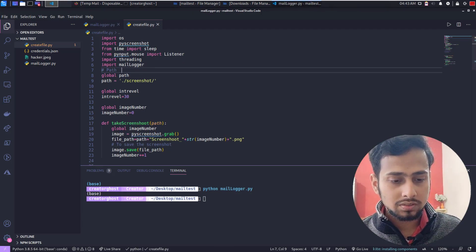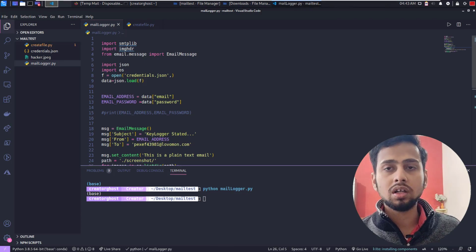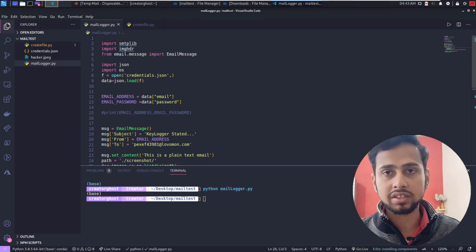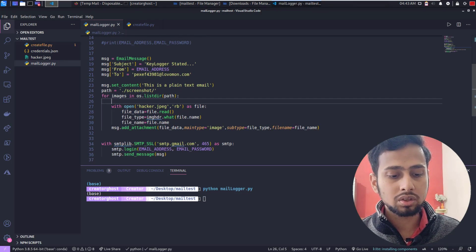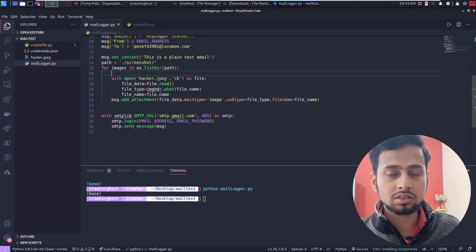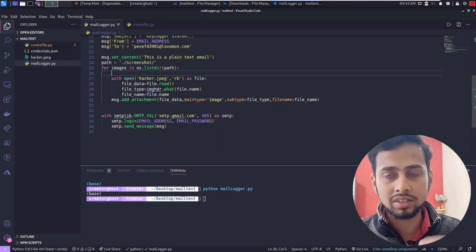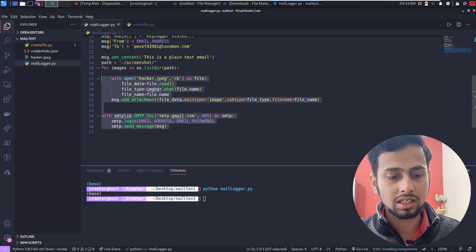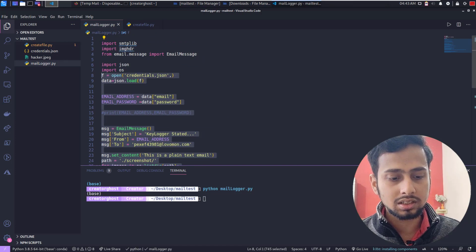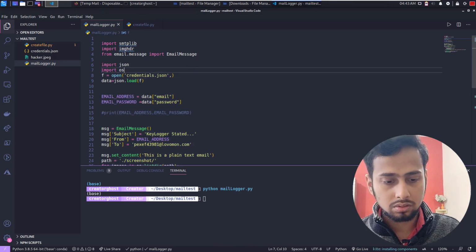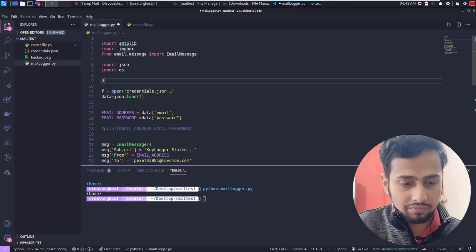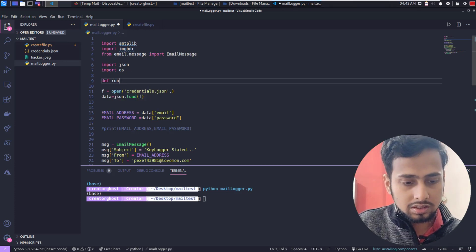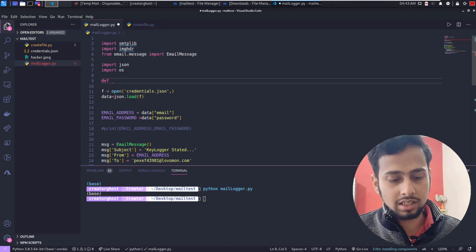Let me tell you what. If we simply call this, there is no function here, so it is simply going to run without any function. How are we going to call it? For calling anything, we need a function. So let's grab all the content here inside, let's say, a run function. First let's write a function, def, let's call it send mail.